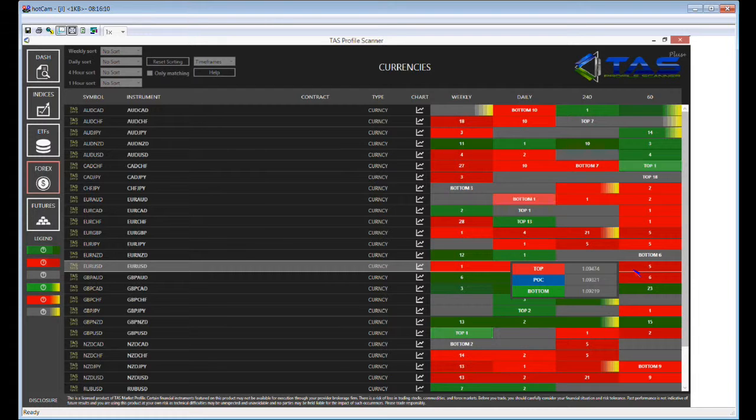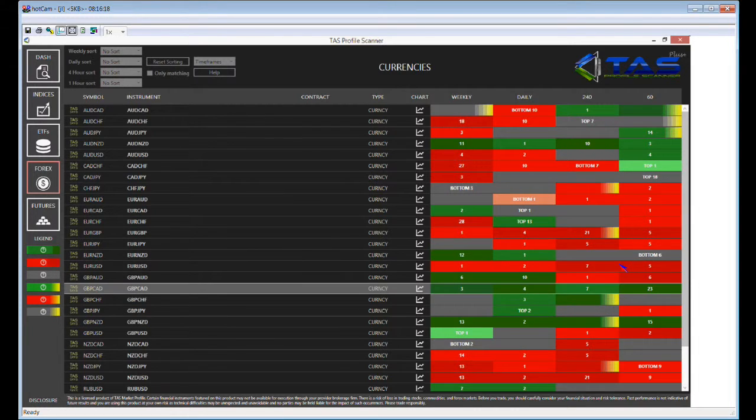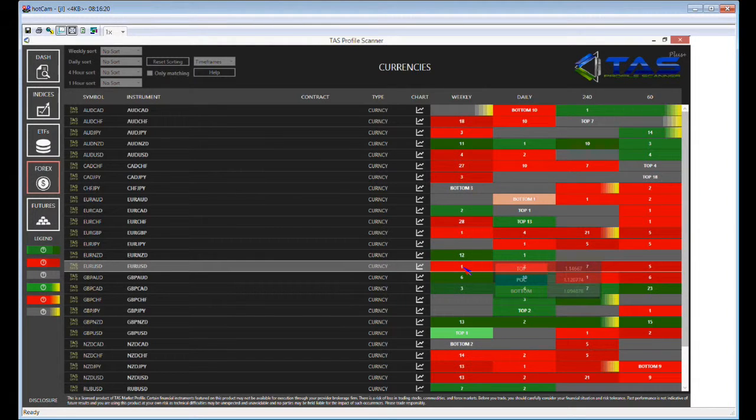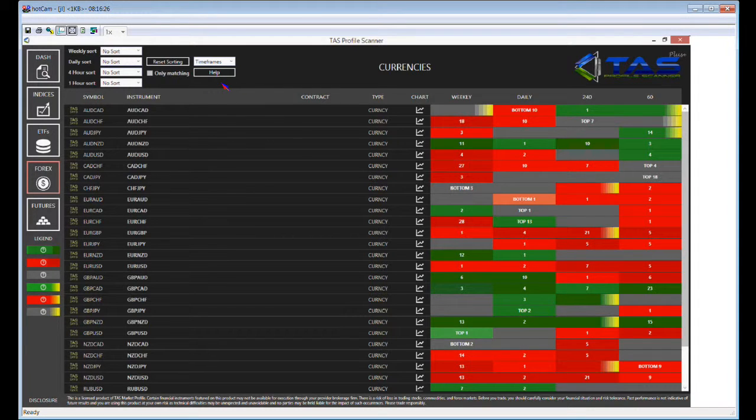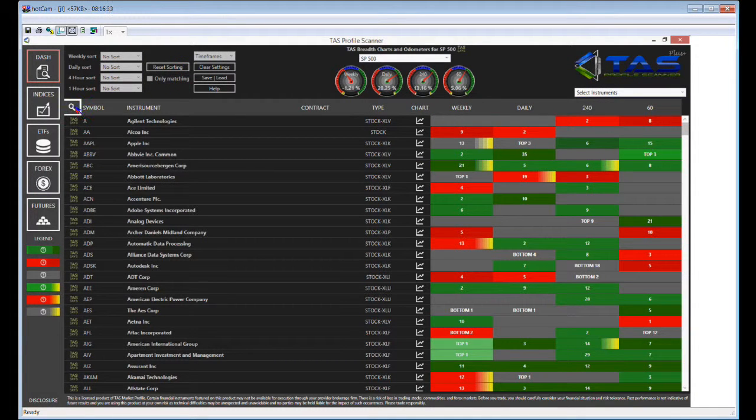I'm a little older now, and maybe this is a function of that, but this scanner allows me to be a little more patient and surf around and find probability setups that I want to see. And if I'm in an instrument, I can throw it on the board here and just keep it on the monitoring side. I'm going to go in here and just restate a couple of things we did in the webinar last night. I don't talk about a lot of this on the show, but